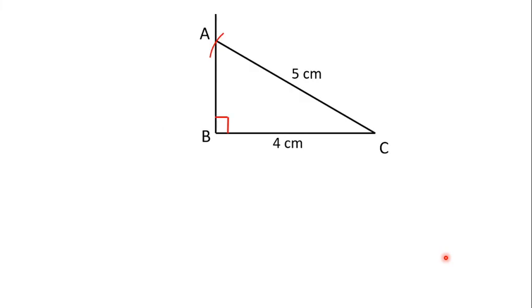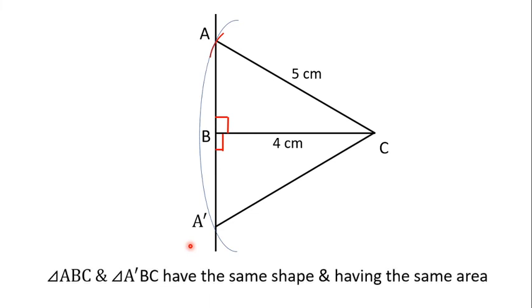Okay. You may be surprised to see that if AB can be extended below and with the C as center with 5 centimeters as radius, if you cut an arc like this, it will cut the line segment AB at one more point. Let us call this point as A dash. So join A dash and C. Now you will see we are going to get the congruent triangles only, and these are unique triangles only. There is absolutely no difference between the shape and size in these two triangles.